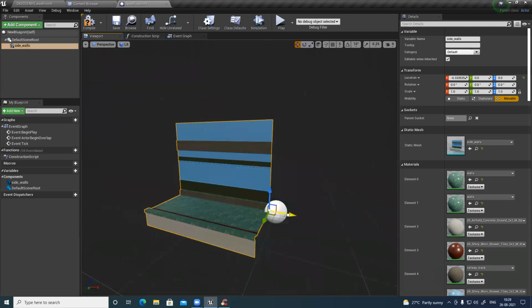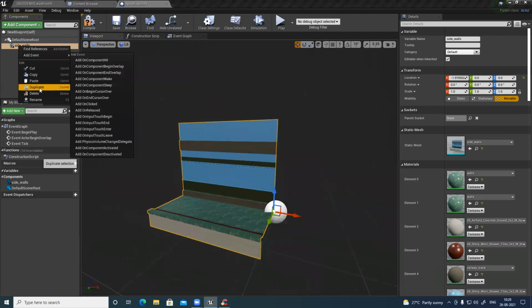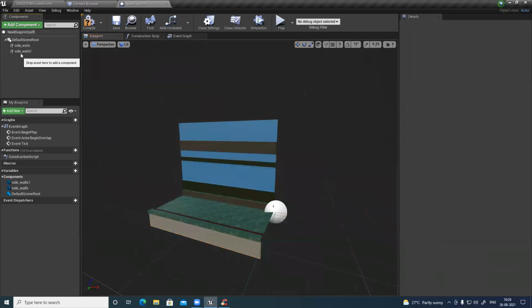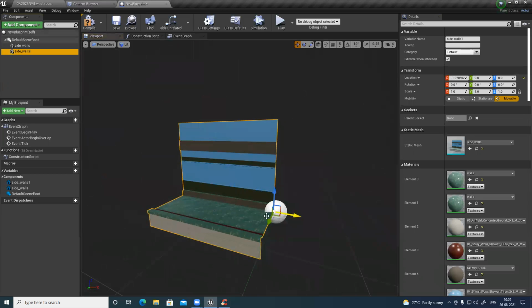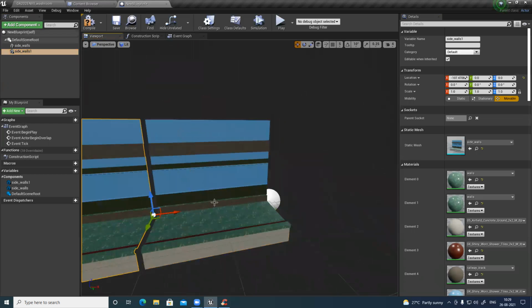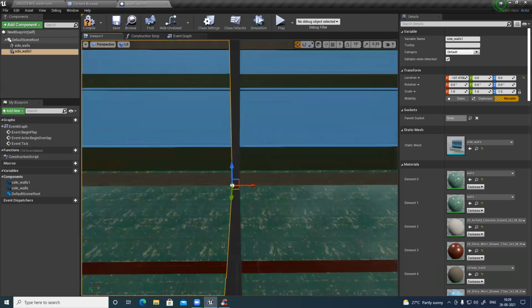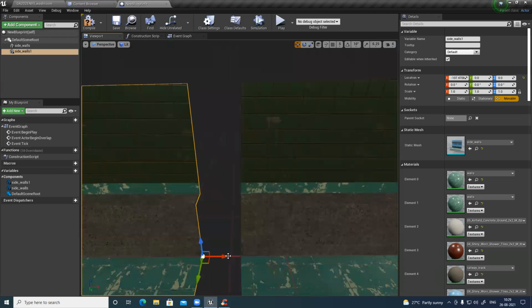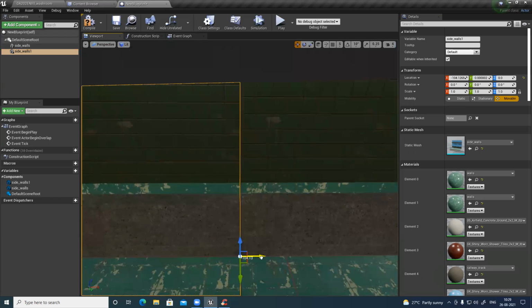So I want to duplicate this one. So duplicate, you have one more wall and you want to snap this one. So like I want to arrange this thing. So press V and snap it.